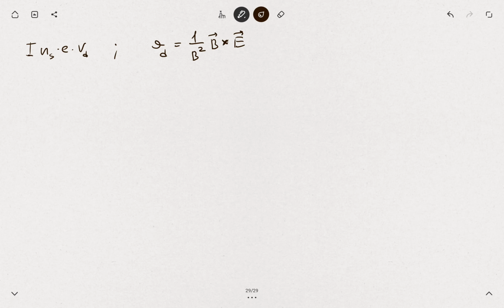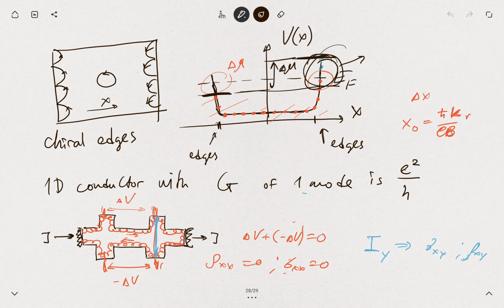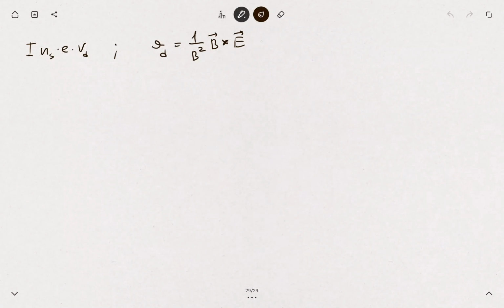When the electric field is inhomogeneous, like in our case, there will be some big inhomogeneity in those regions because the potential is inhomogeneous. You can then rewrite it for the inhomogeneous field as 1 over B squared, B cross gradient of potential. And this drift velocity will be in the y direction,